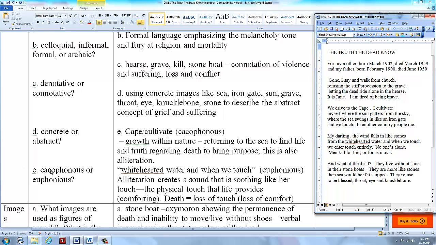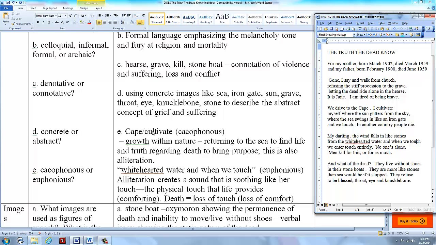Letter E is looking for cacophony or euphonious words, and these might be new terms for you, so I would suggest you look at your poetry terms list. Cacophonous words are words that typically have a harsher sound when stated, and they're closer together, so think in terms of alliteration, when you have a repetition of a sound nearby. But cacophony doesn't have to be at the beginning. It can be in the center of the word as well, but it's going to be a harsh sound. And what I found was cape and cultivate. You can hear that